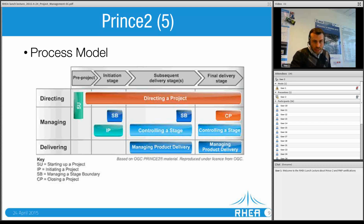Now, if we go to the next slide, we see how everything is put together in a sort of Prince2 process model, where we also generated these processes. We have a number of processes that are defined by the Prince2, and these processes are starting up a project, directing a project, initiating a project, manage stage boundaries, because we're seeing a project is done by stages, and when you go from one stage to the other, Prince2 give us activities to be performed when you pass from one